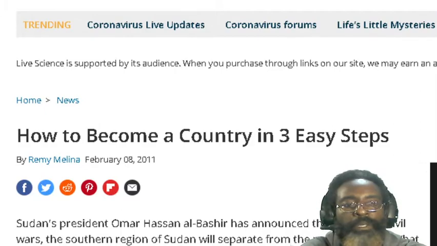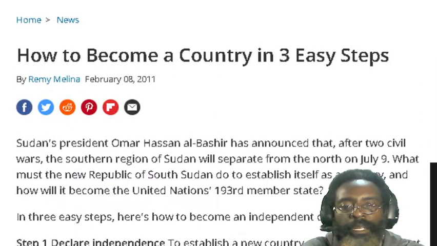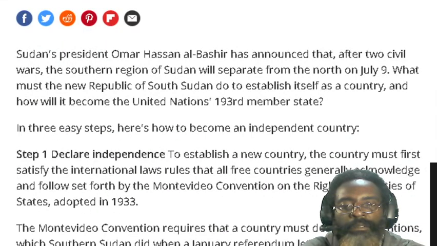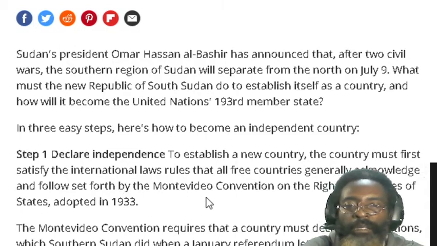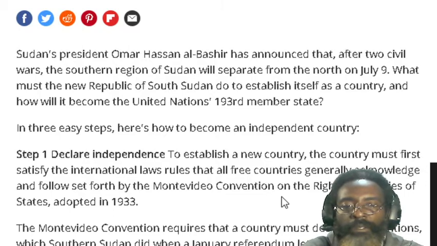This is pertinent to Sudan when they declared independence. Step one, to establish a new country. The country must first satisfy the international laws, rules that all free countries generally acknowledge and follow, set forth by, we just read that, the Montevideo Convention on the rights and duties of states. So generally, you follow these certain rules.